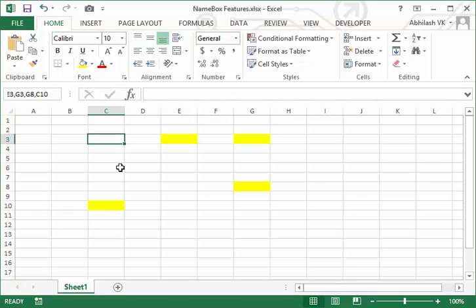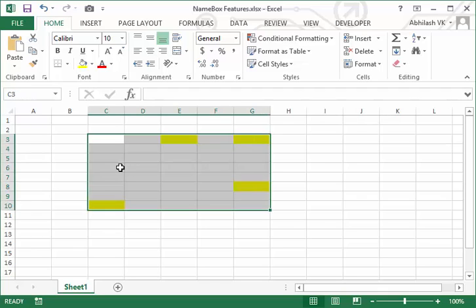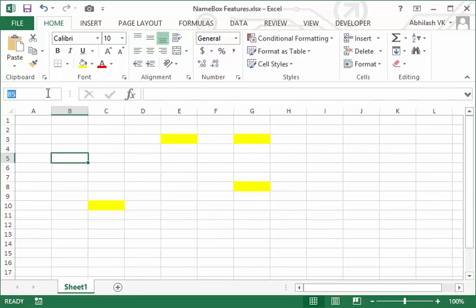I have differentiated each cell by using a comma. Now I'll hold the shift button and hit enter. I am sorry, let me use it once again: E3, comma, G3, comma, G8, comma, C10. Hold the control button and hit enter.